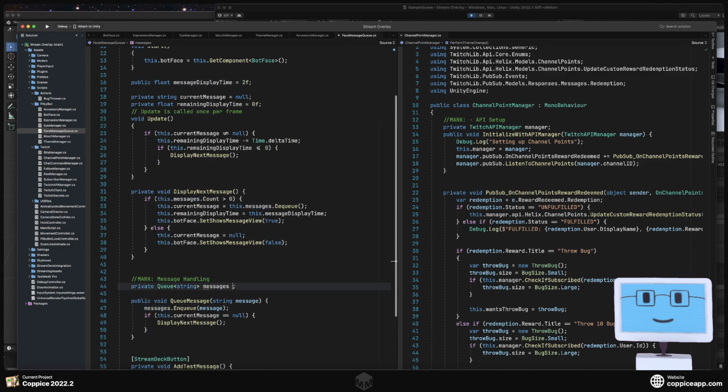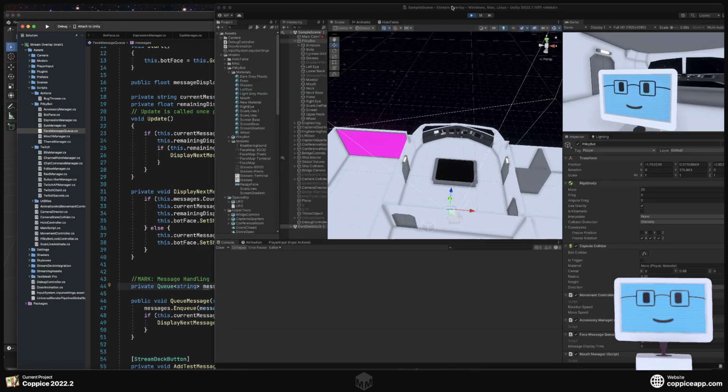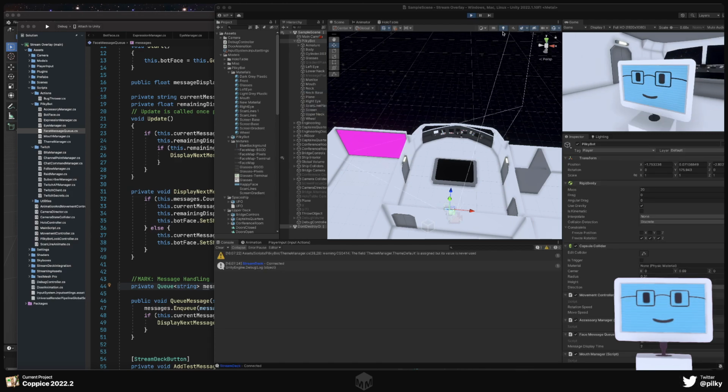Aha! Equals new string. Try that again. Okay. 1, 2, and it goes away. But if I do 1, 2, 3, 2, 3, 4, 5, 6. Hey! That works. So all I need to do now is work out